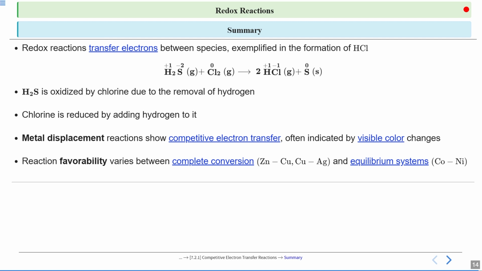We have now understood reaction favorability with the help of examples in which we compared the color or the deposition of substance. But in the upcoming lectures, with different examples, you will understand that this all depends upon the standard reduction potential of different substances.